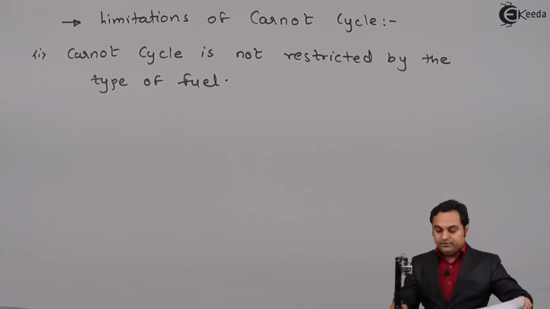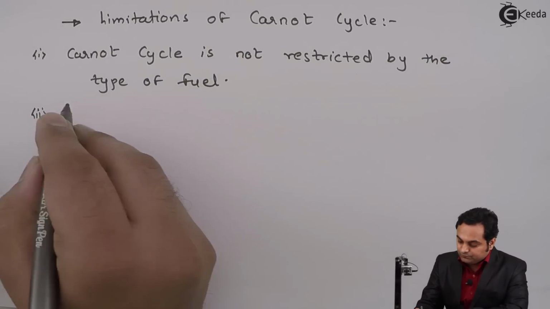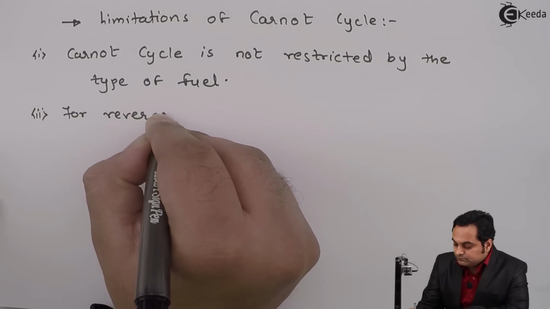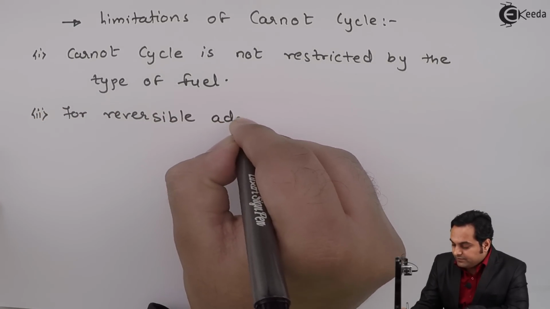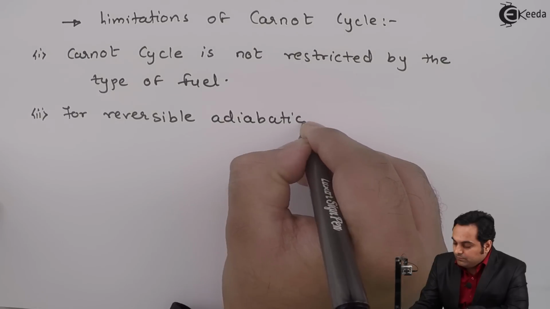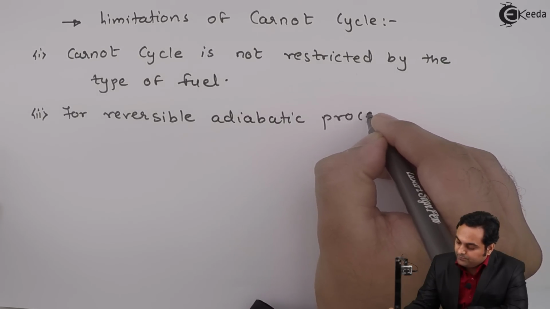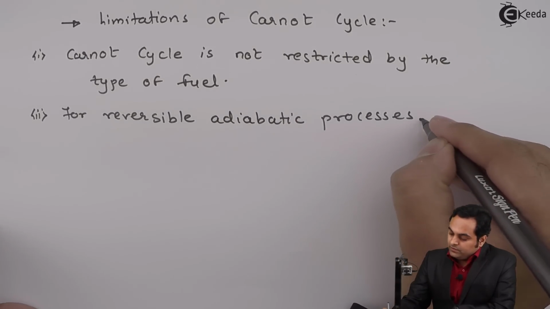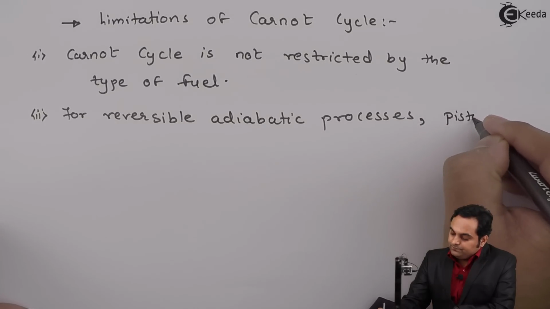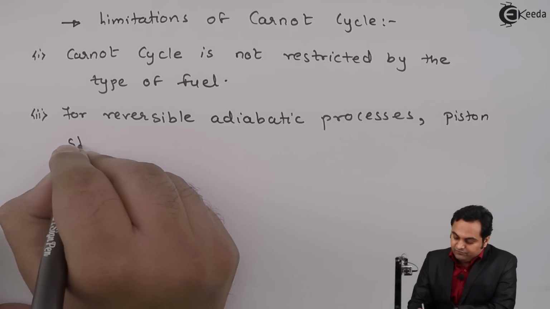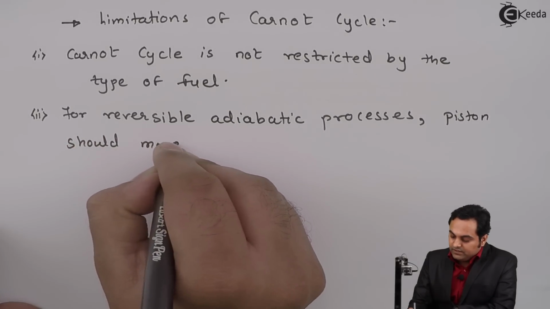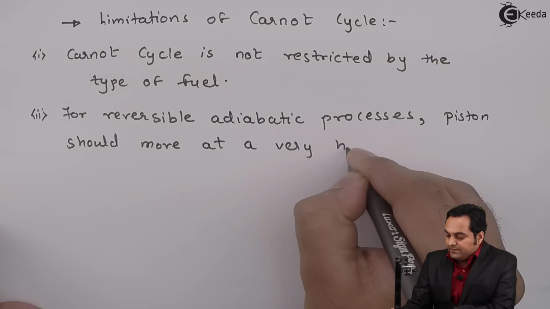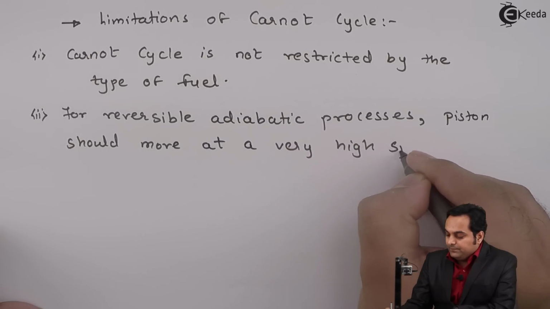So I'll write down that for reversible adiabatic processes, that is both compression as well as expansion, the piston should move at a very high speed